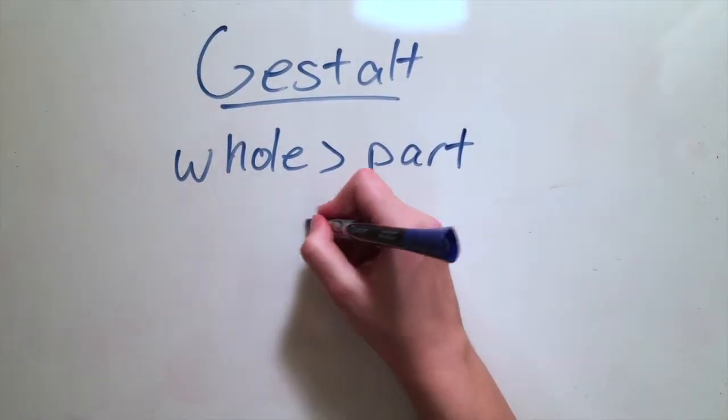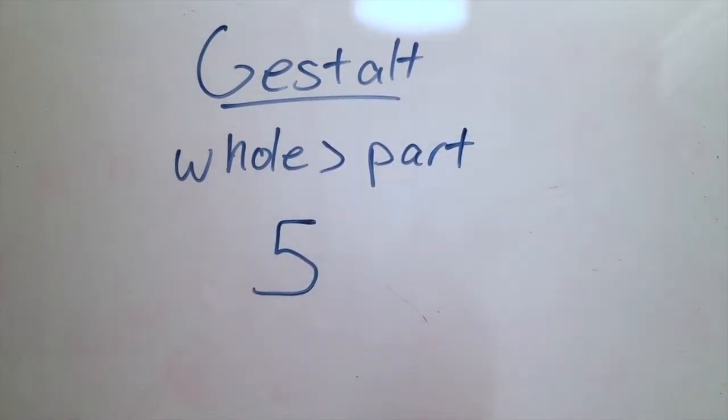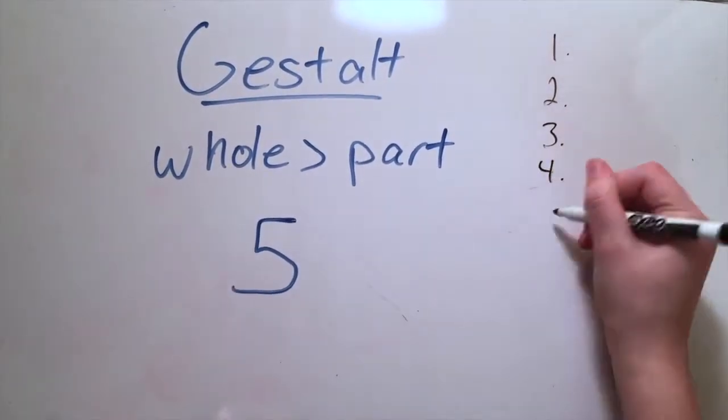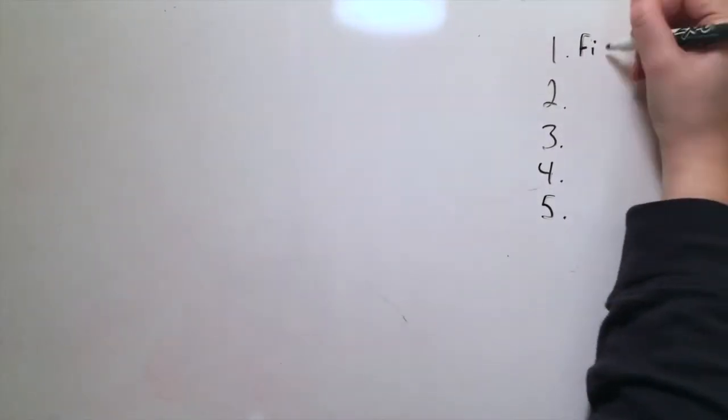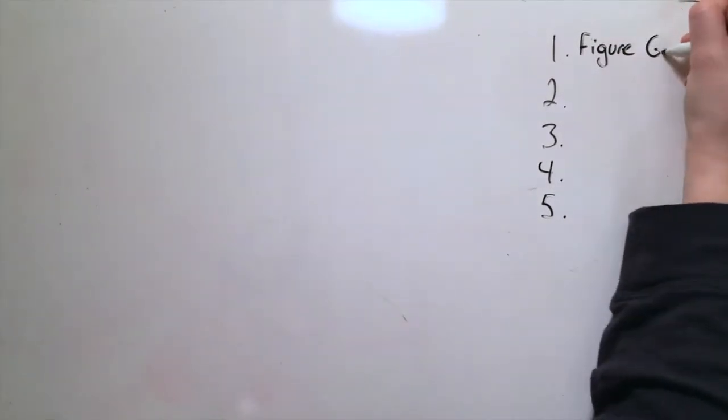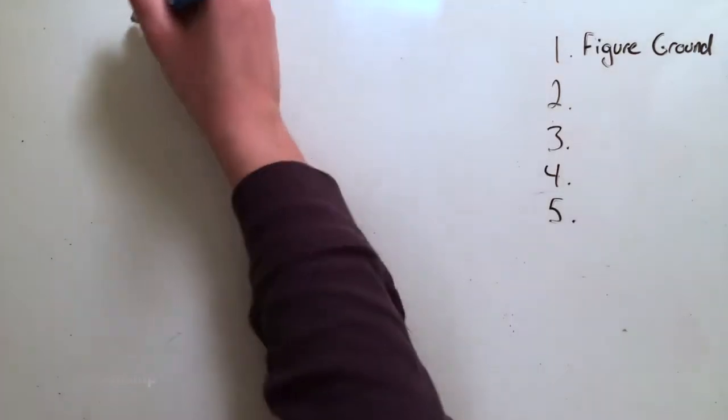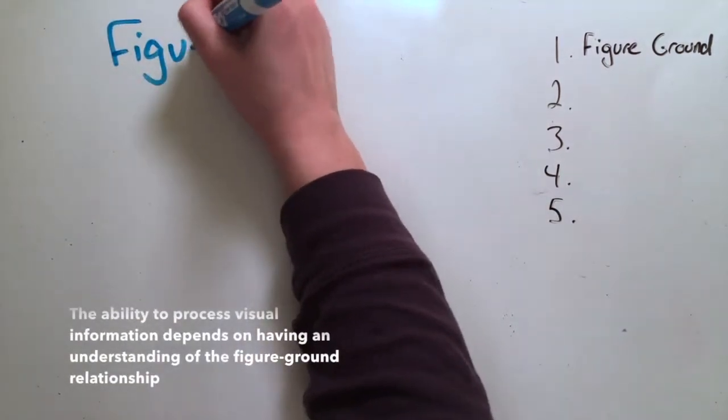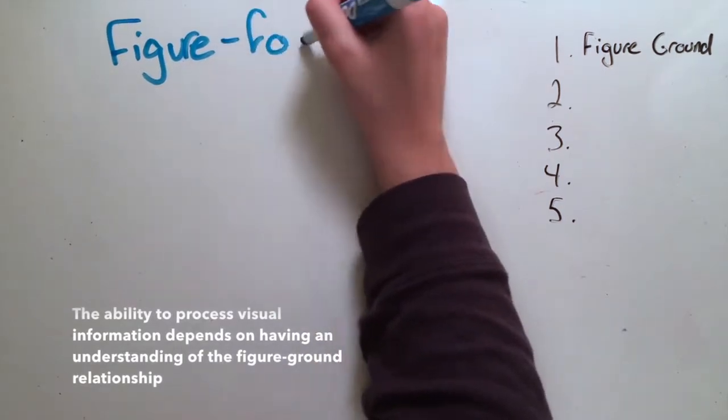Today we are going to be talking about the 5 main grouping principles in Gestalt psychology that help the brain organize everything we see into meaningful perceptions. The first grouping principle that we are going to be talking about is called the figure-ground relationship. According to the figure-ground principle, the brain organizes everything it sees into a figure, which is the focus, and the